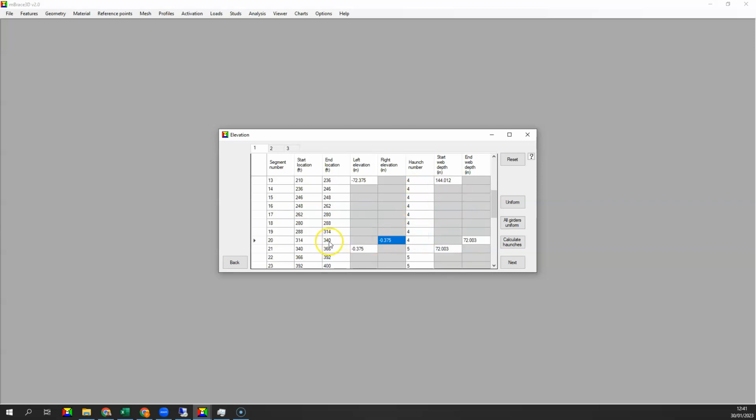So again, you can see here that additional reference point at 340 feet. This would be the elevation at that point. And the web depth is back at 72 inches. Now the haunch goes down again. So it's haunch number 5. Elevation minus 72 inches, and again 144 inches for the web. And then back up again, 72 inches, and finally the flat portion on the end, so haunch number 7 and